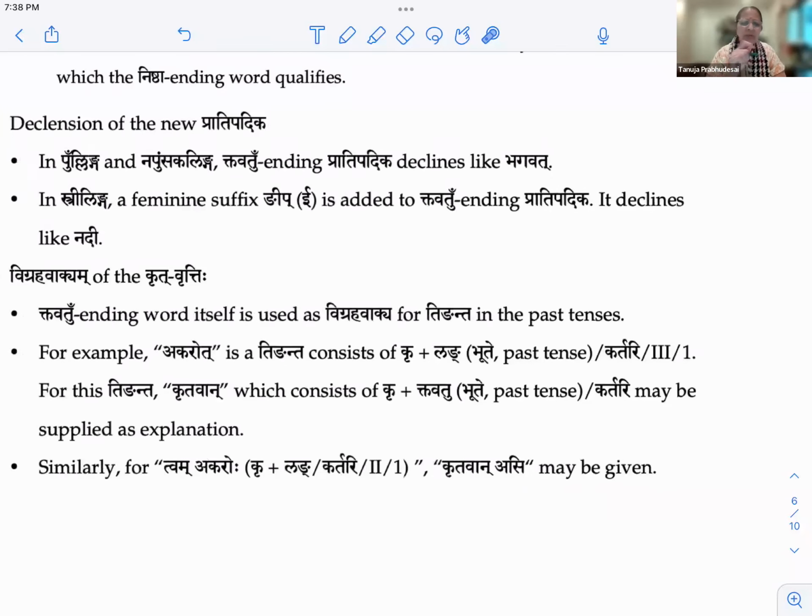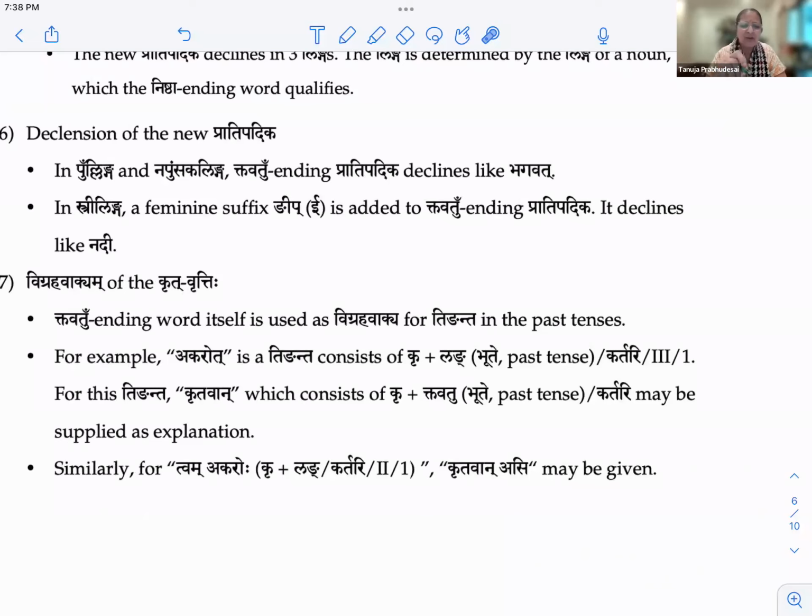Thank you. Shivamji, I have one very fundamental question. Lang Lakara means past tense. So in past tense, Akaroha is also a Tinganta, right? Akaroha means something that had been done in the past, correct? And if this is the verb... Oh, sorry, no, this is not the word. Okay. Akarot, for example, is a Tinganta.